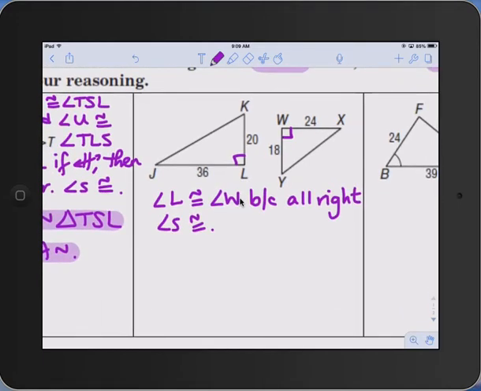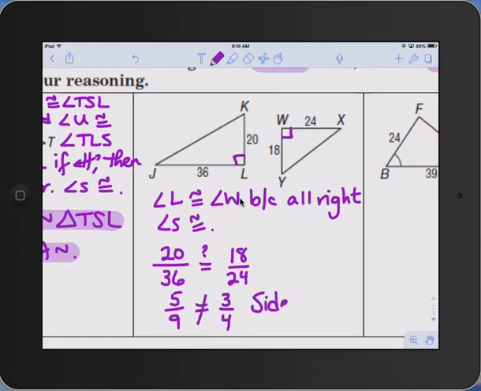And then we want to check, is the short side in the first one compared to the long side in the first one in the same ratio as the short to the long in the other one? Now again, we could cross multiply and check it, or we can divide. So for this one, let's see, how about we take out a 4 would be 5 to 9, and take out a 6 would be 3 to 4, and those are not equal. So since the sides are not proportional,